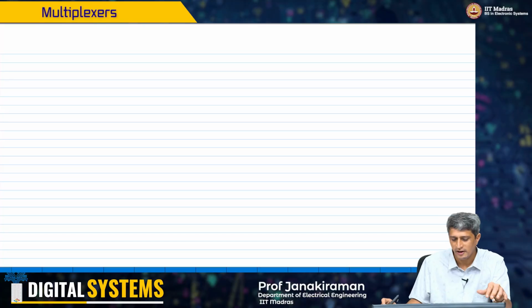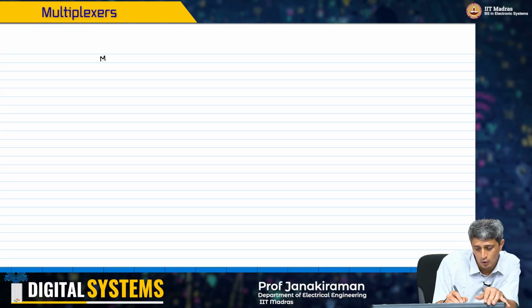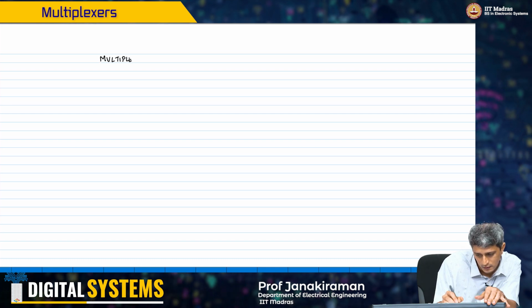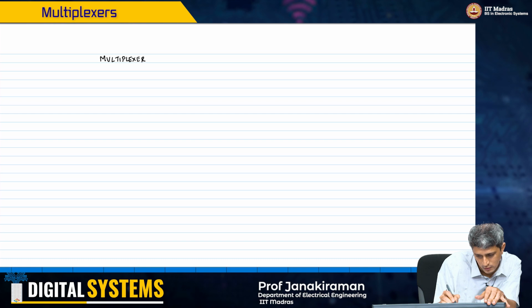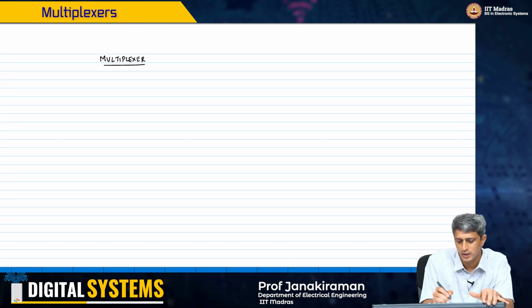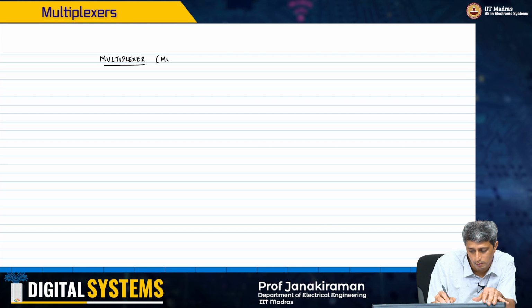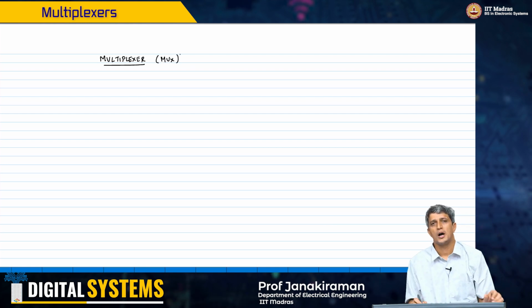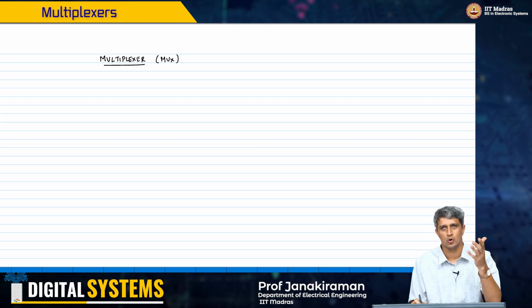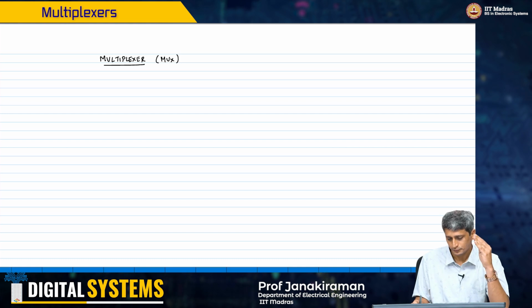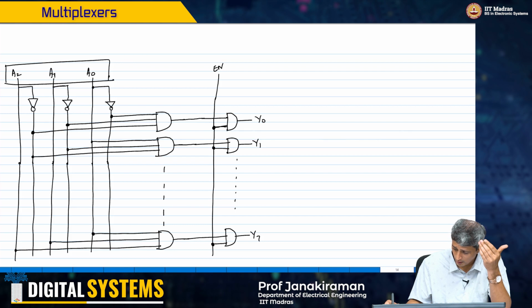The next interesting circuit is known as a multiplexer. Short form is you usually call it a mux, and a demux and so on. So what we are basically trying to do, by the way, in the decoder, if you look at what we